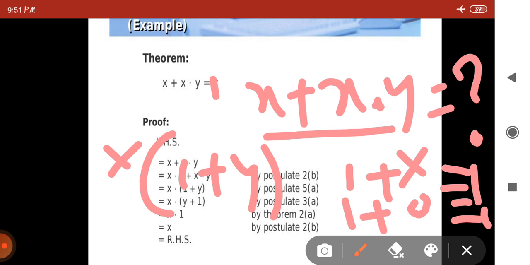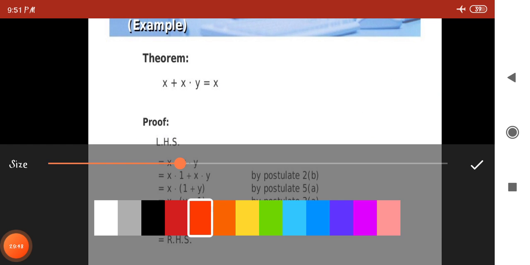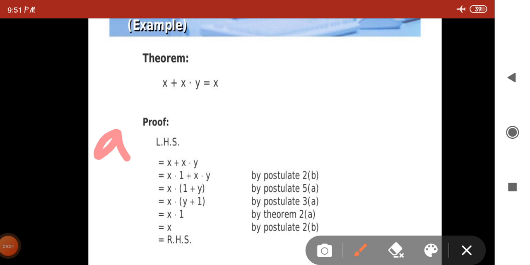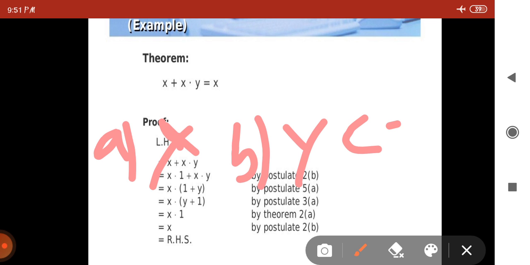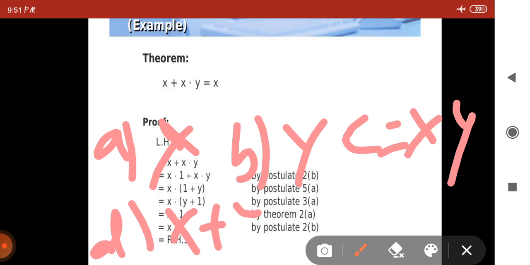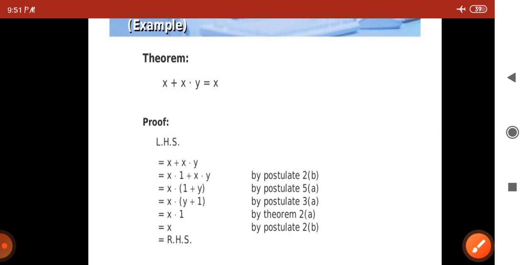X equals 1. That is a 1. X into 1 equals x. Your answer is, among the options they will give, that one. What is that? Option A, x. Option B, y. Option C, xy. Option D, x plus y. They will give that the answer is x. If you are expecting these kinds of answers right now,